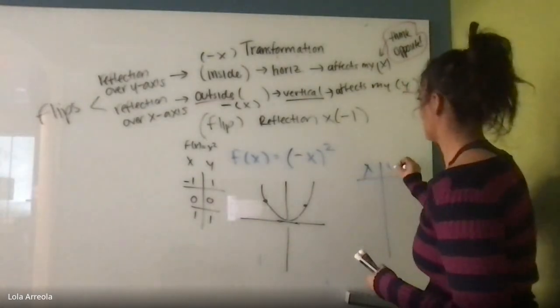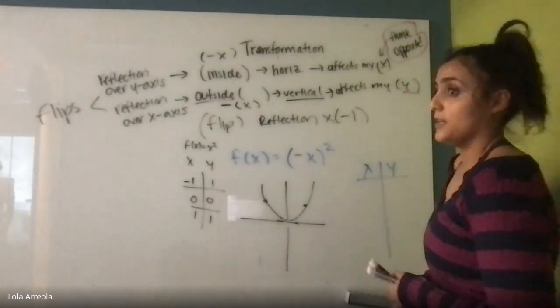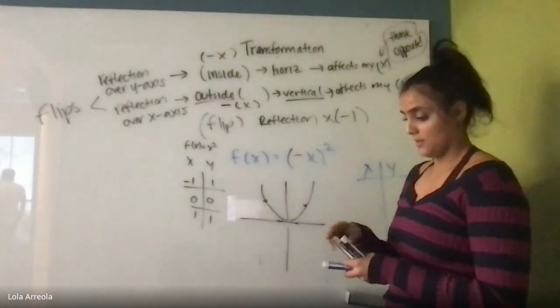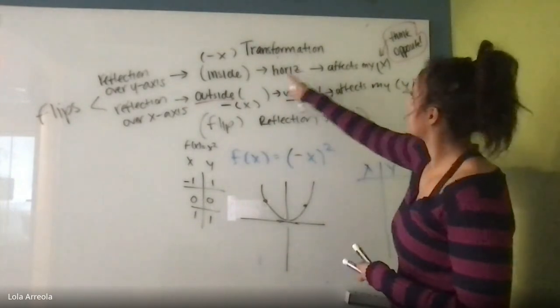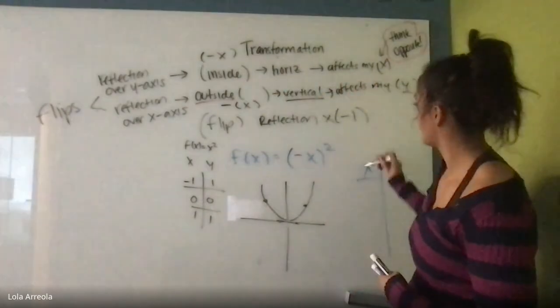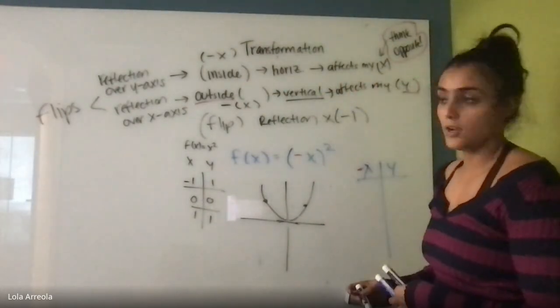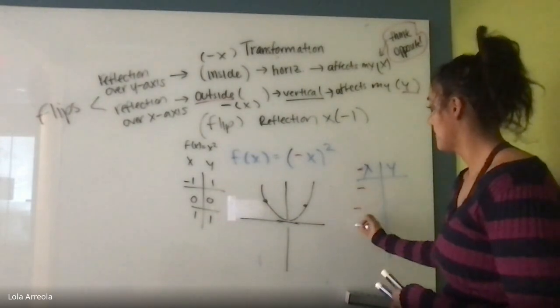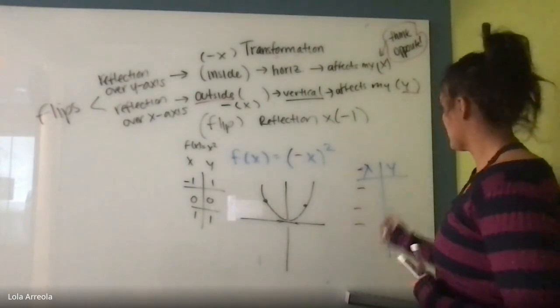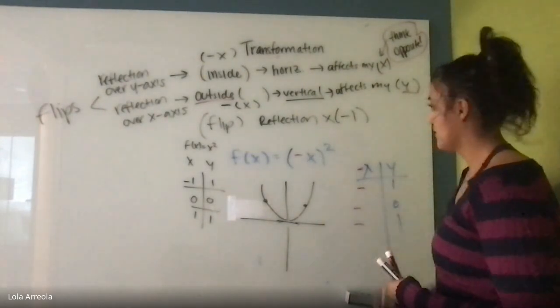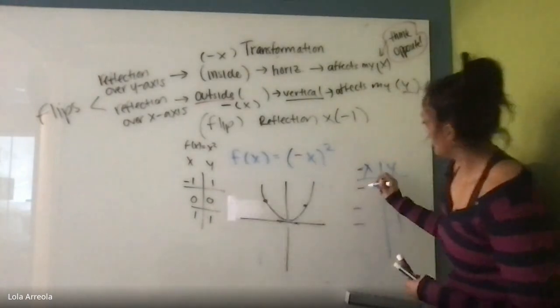Again, this is my transformation. This is happening inside parentheses. So that means it affects what? Inside parentheses affects my x. So to each x value, I'm multiplying by a negative. My y's are going to stay the same, 1, 0, 1. What are my x values? -1,